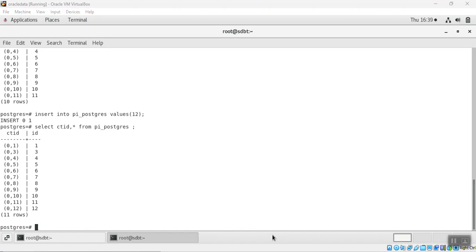Even when I insert a new value, it gets added to a new CTID because Postgres thinks that the old CTID still exists in the table. That is, it does not know about the dead tuple. So now let us see how to see the dead tuple. Select star from pg_stat_